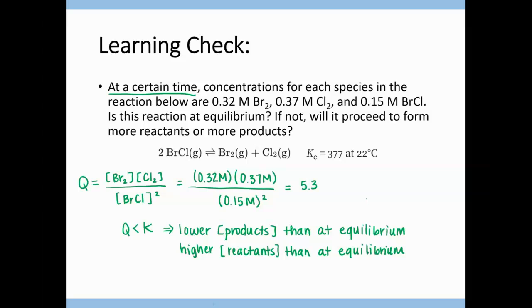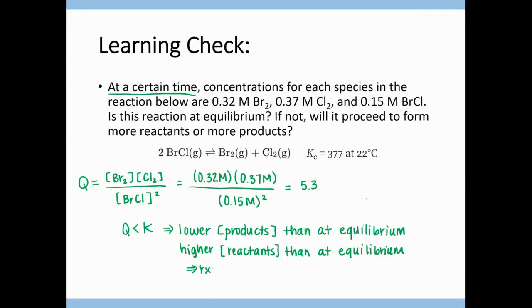So we have a lower concentration of products than at equilibrium, higher concentration of reactants than at equilibrium. So the reaction will proceed to correct that, to increase the concentration of products, decrease the concentration of reactants,